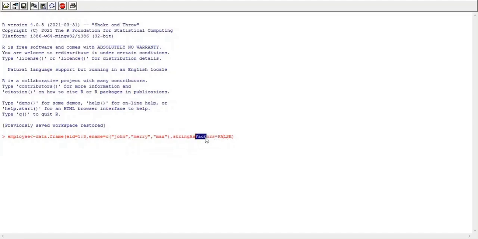Now we have already studied the factor data structure in R. A factor is a data structure, or data object, in R that is used to store categorical data. That is, if we want to store data in fixed, predefined categories, then we can use the factor data structure in R. It is used to store limited values.